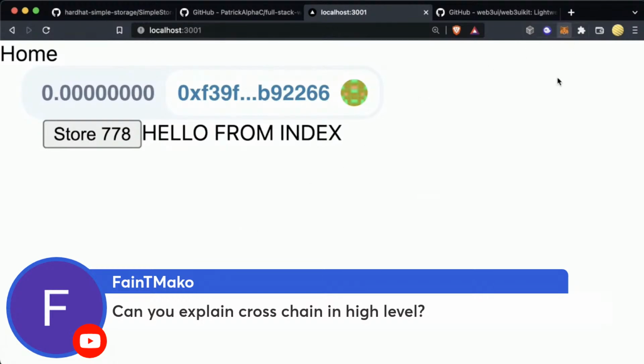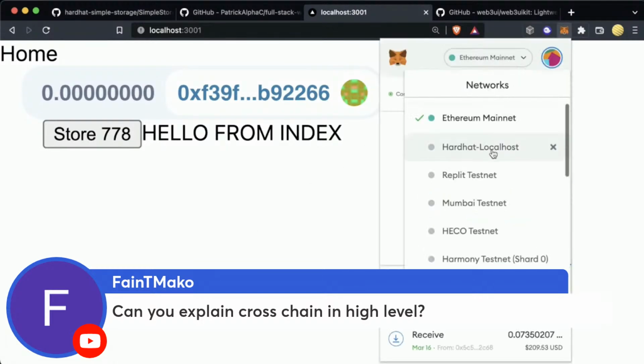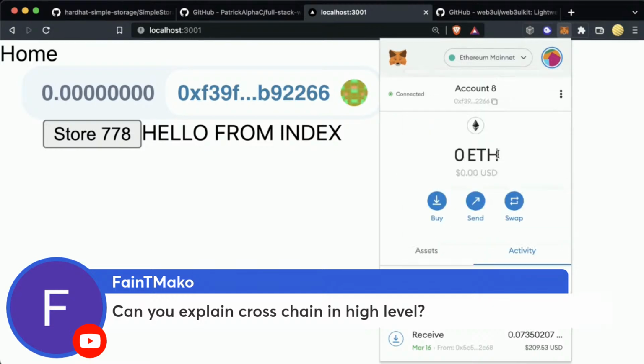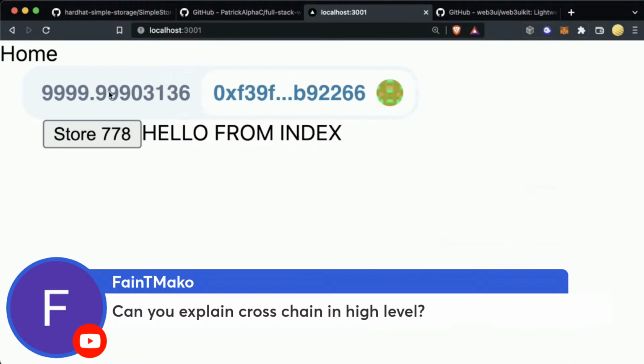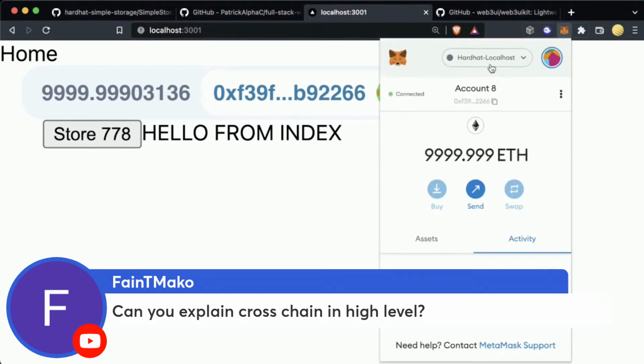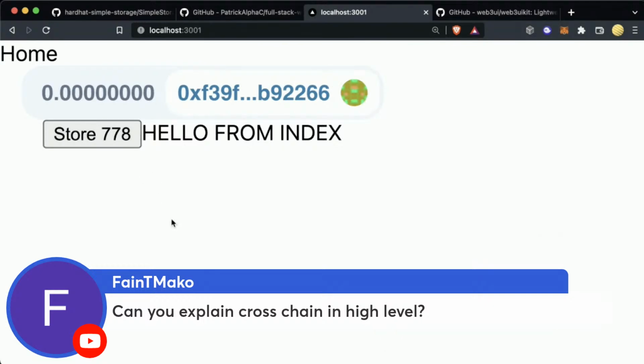So when we change blockchains, what are we doing? We're changing that RPC connection, right? And you can even see our front end is updating here, saying on this blockchain you have this much ETH, and on this blockchain you have this much ETH. Whenever we switch networks, we're switching what chain we're connected to.